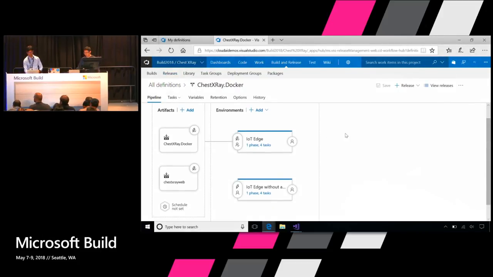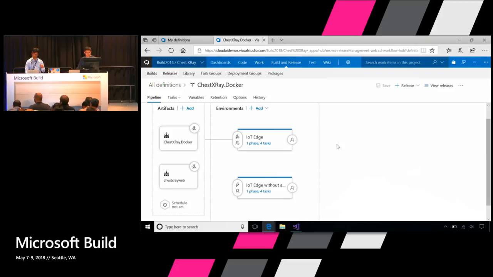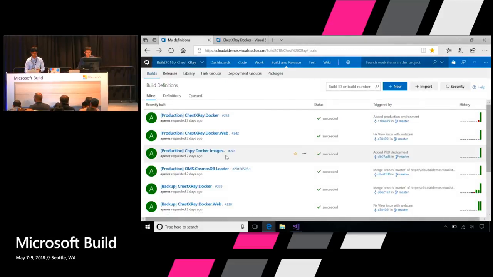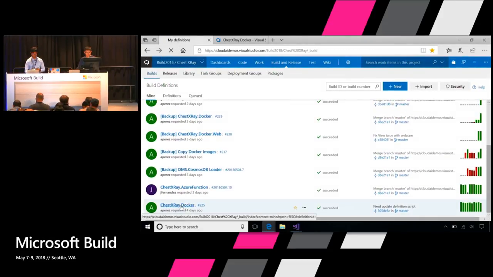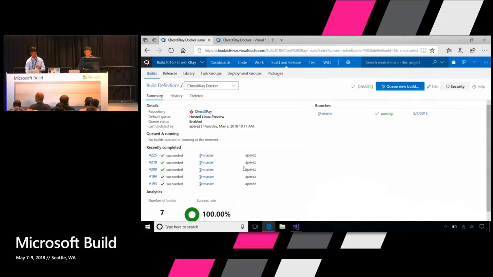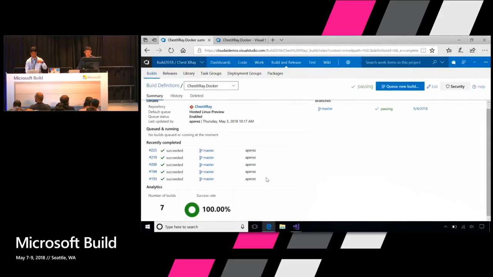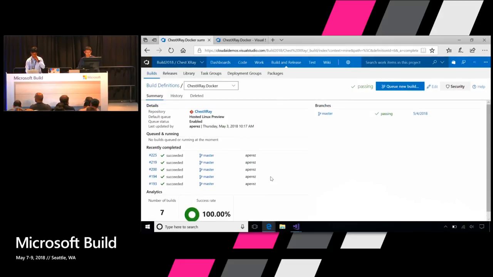You would see that this was, sorry, I looked at release definition, my bad. So I should just go to the build definitions. Let me just go to the build definitions first. So that's my Just X-Ray Docker. And then once I come over here, what you would see is, certainly I've been deploying this for some time, and then whenever my model changes, I want this to trigger and automatically create this pipeline, right?